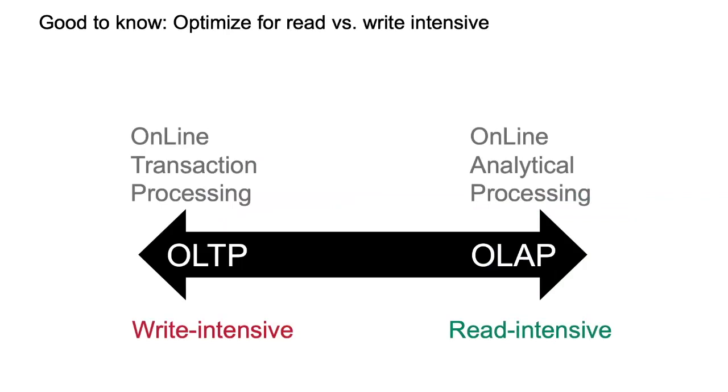Something else I want to throw at you is the difference between two scenarios that we have in databases. We have scenarios where we are read intensive, we read a lot of data, and scenarios in which we write a lot of data. The scenario for writing a lot of data is the use case of a web shop where people keep placing orders. That keeps updating the database when orders are placed and the inventory evolves. That's called OLTP, online transaction processing. And in big data, what we see a lot is systems in which we don't really modify the data. You just download your data set and don't touch it. You just query it. That's also called OLAP, online analytical processing.